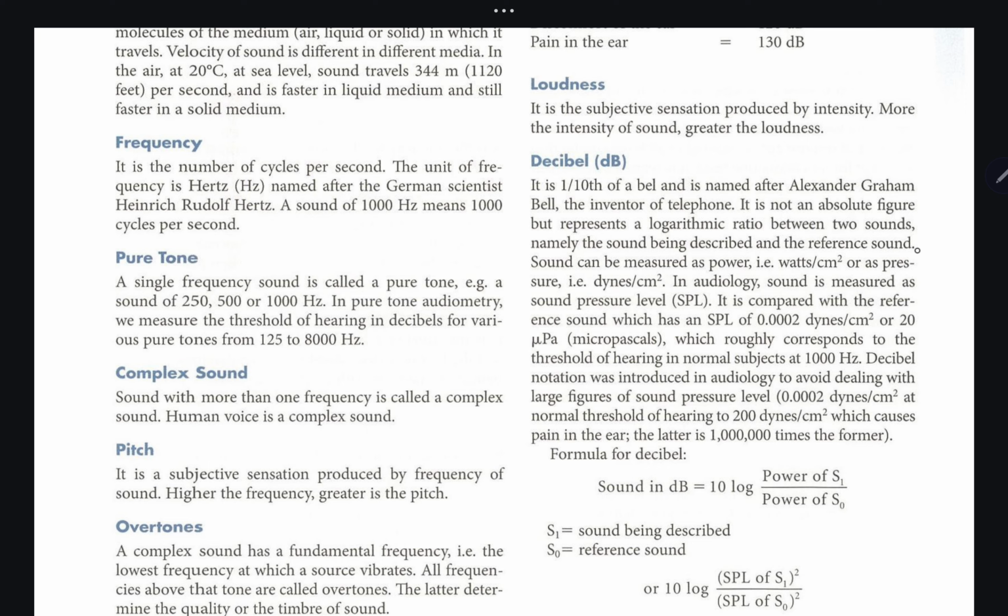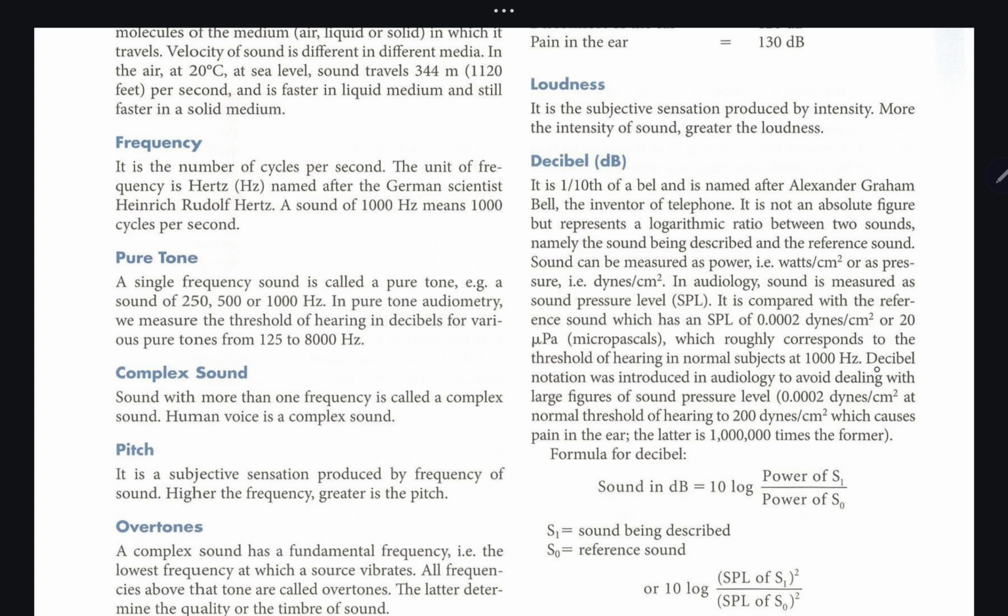the reference sound. Sound can be measured as power, that is, watts per centimeter square, or as pressure, that is, dynes per centimeter square. In audiology, sound is measured as sound pressure level, SPL. It is compared with the reference sound, which has an SPL of 0.0002 dynes per centimeter square or 2 micropascals, which roughly corresponds to the threshold of hearing in normal subjects at